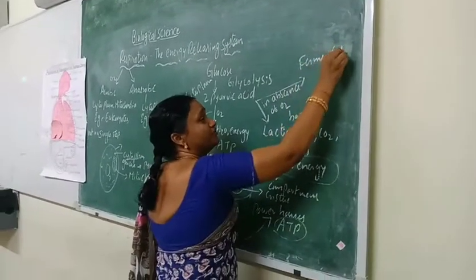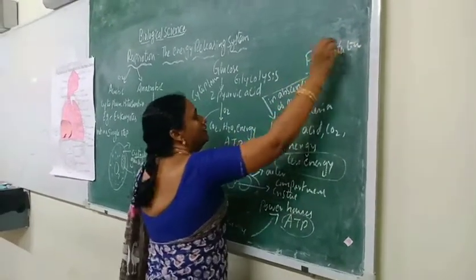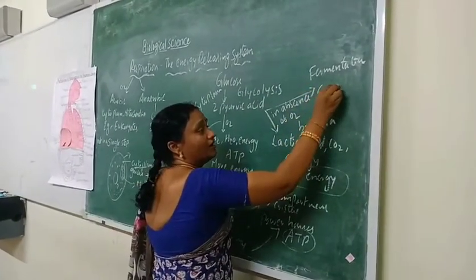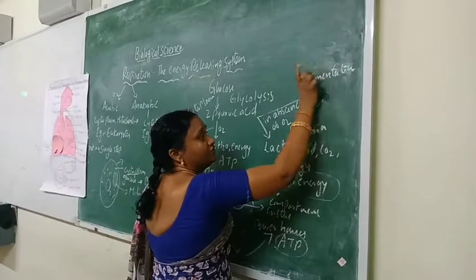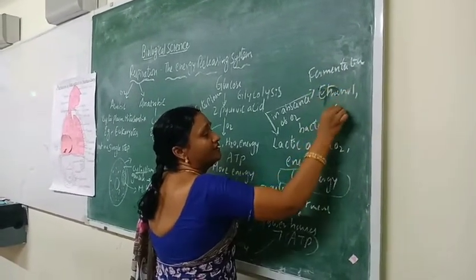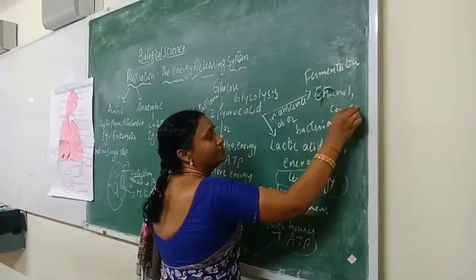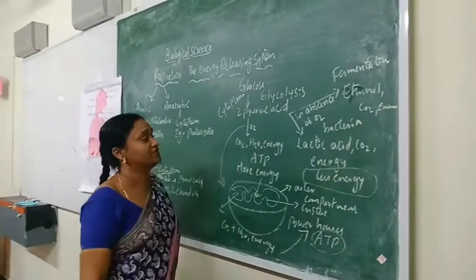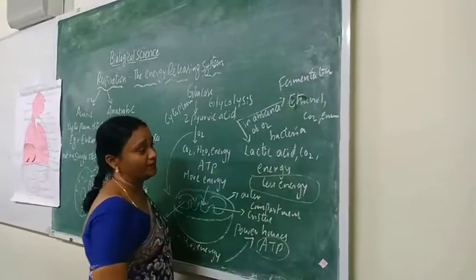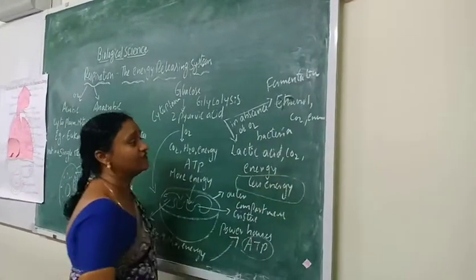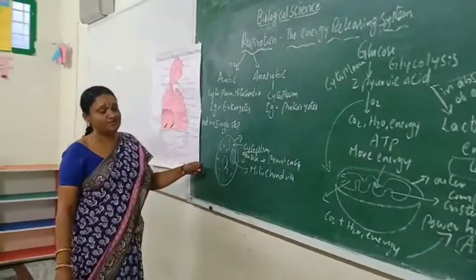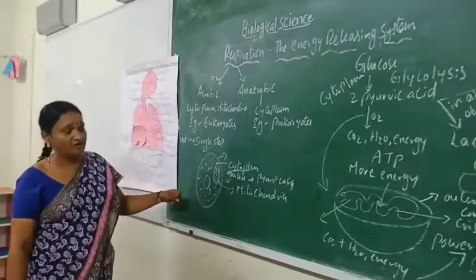In the fermentation process the pyruvic acid will be converted into ethyl alcohol, or ethanol. So here it converts into ethanol and carbon dioxide. Along with that, energy also will be liberated. That process is called the fermentation process. Here also, compared to aerobic respiration, the energy release is very less. In this way, we observe different types of respiration in living organisms.